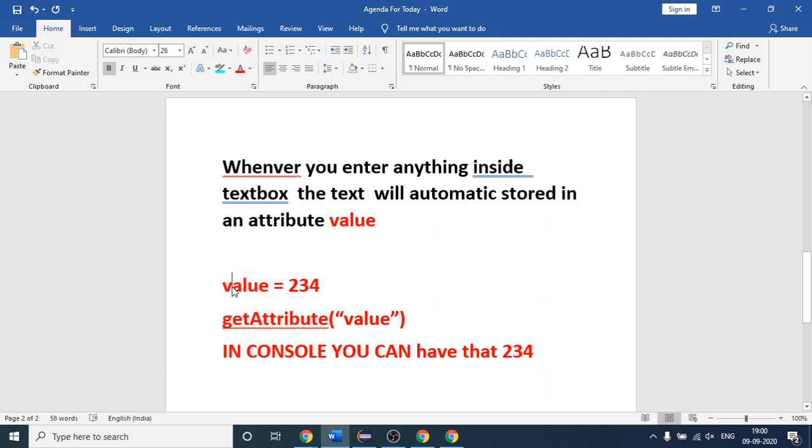This is what the value attribute does. If I write get attribute of value, that will give me whatever number is present inside this value attribute. This way we can extract the text from the browser. Is it clear to you why get text is not working here and why we are using get attribute?